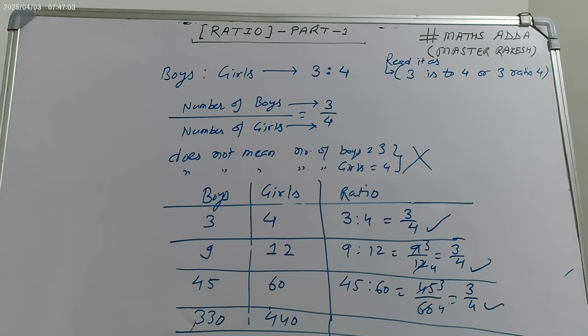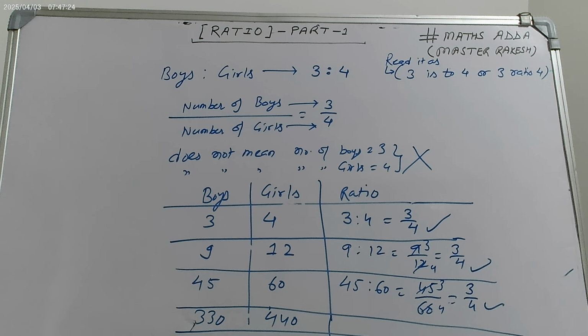So the only information that we can gather is that if there are 3k boys, then there will be 4k girls. If any further data is given such that we get an equation involving k, suppose it is given that twice the number of boys less than the number of girls is 20, then we can form the equation.